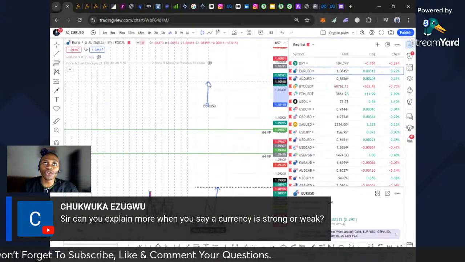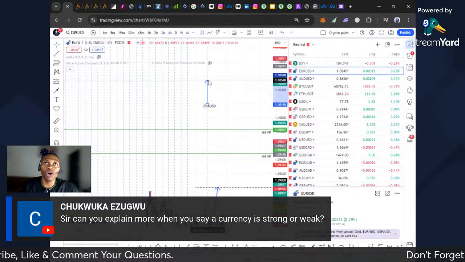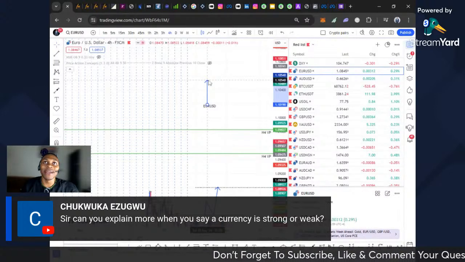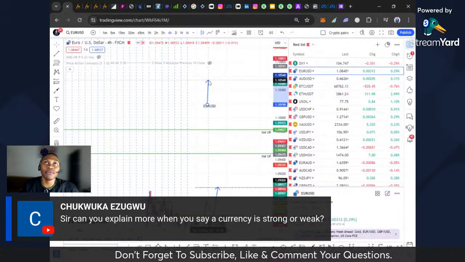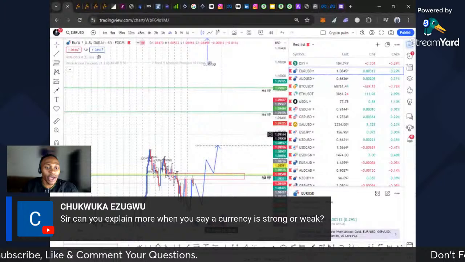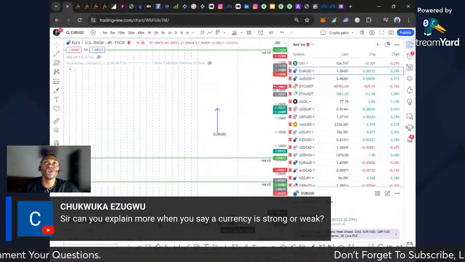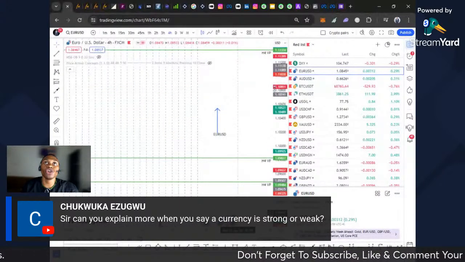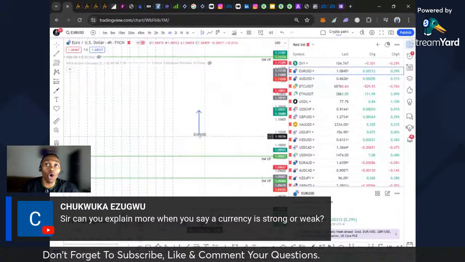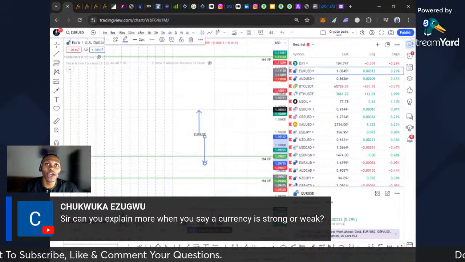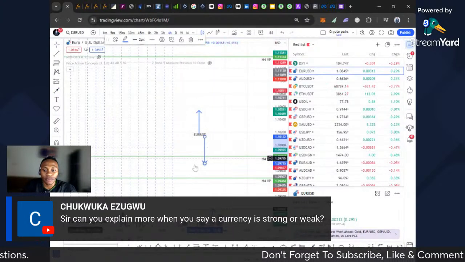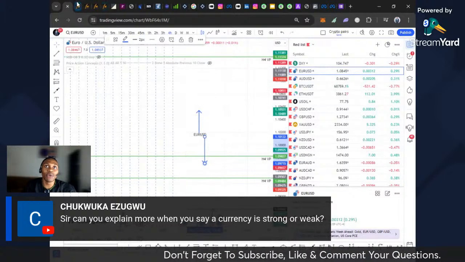One thing you should know is that when I say euro is strong, I'm expecting euro to start creating buy momentum on the charts. What is the chart? What we trade is the chart. So I'm expecting euro to have buy pressure, and the dollar will gain strength and start selling against euro USD. That's what I mean when I say a currency is strong and a currency is weak.